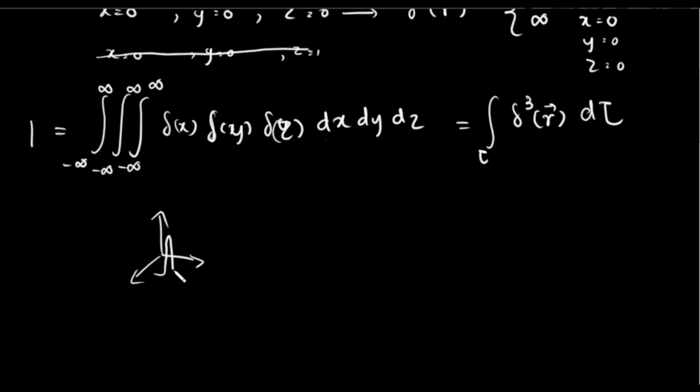So in this 3D motion we have this kind of function. When you integrate this, you should get the value of 1. This is in the Cartesian coordinate system. When you have another kind of coordinate system, you should know how to get this volume element and how to get this delta function,